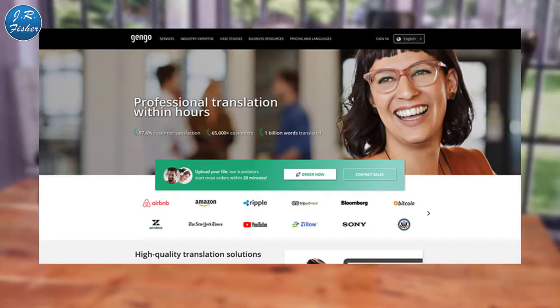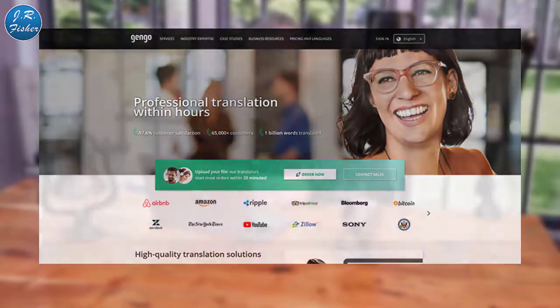Now some languages, most notably languages like Japanese, have a steady flow of orders all the time. So if you translate from or to these languages, you're unlikely to stay without work for very long because there's just so many jobs. Now on the downside, there are fewer orders for other languages, so there's always a click race to snatch up these first jobs that get posted there.